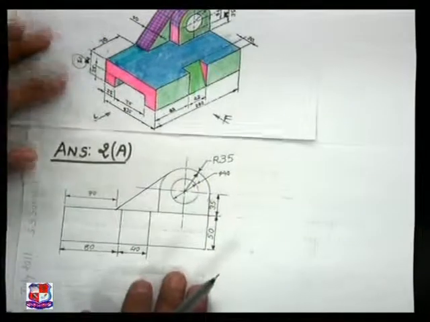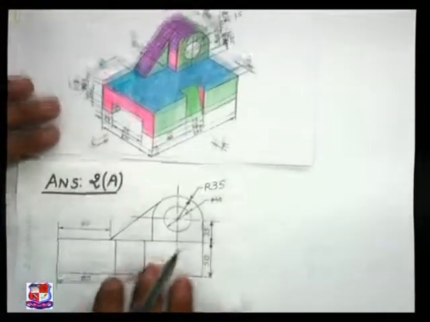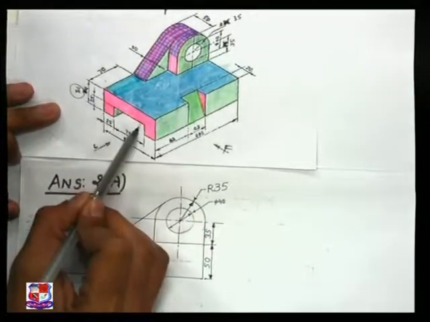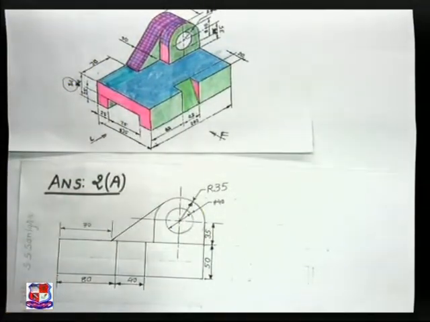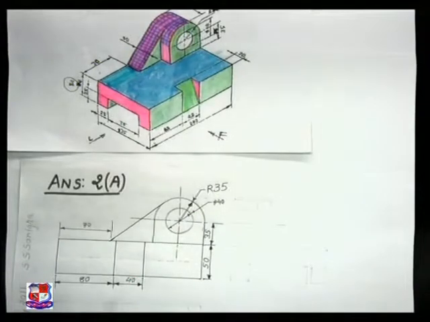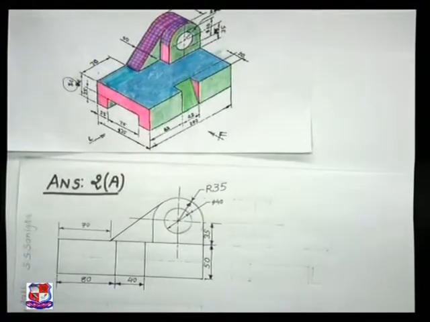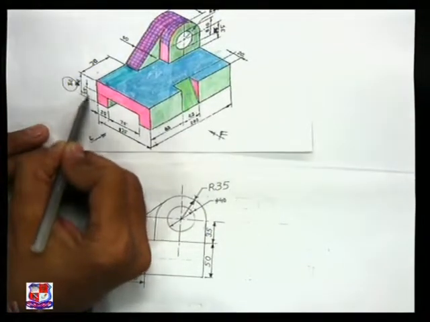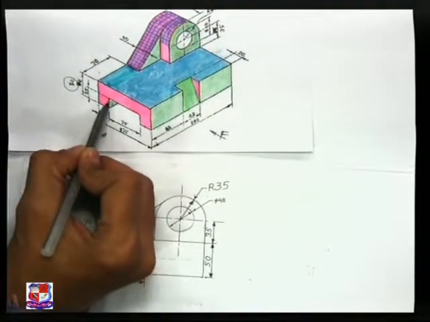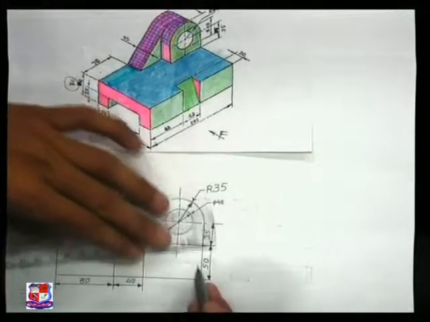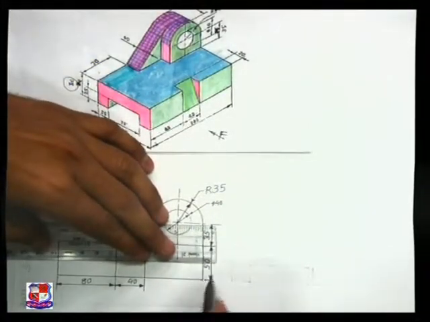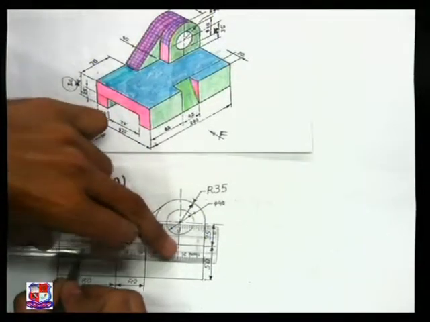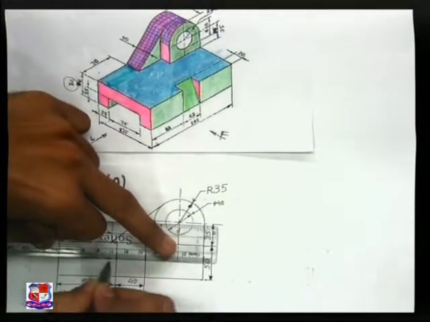So this is the front view of the given figure. Now think about this edge which is inside this cut portion. It is not visible in front view, but the edge is there, so it should be drawn by a dotted line, and the dimension is given here. This height is given as 25. So from here at a distance of 25 mm on the above side, draw a dotted line like this. This dotted line represents the hidden edge. It should be drawn like this.